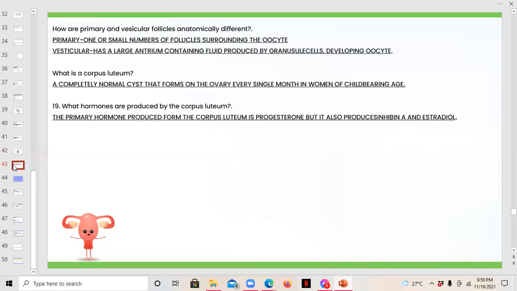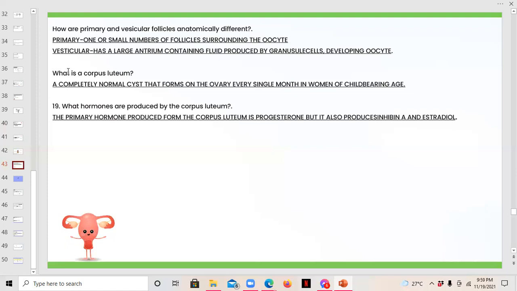Next slide, please. How are primary and vesicular follicles anatomically different? Our answers are primary, one or small numbers of follicles surrounding the oocytes. Vesicular has a large antrum containing fluid produced by granulosa cells developing oocytes. What is a corpus luteum? Our answer is a completely normal cyst that forms on the ovary every single month in women of